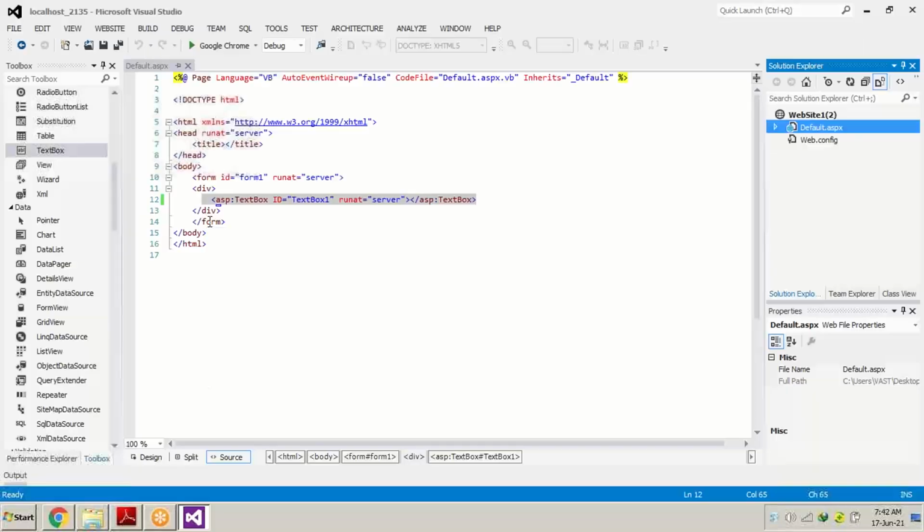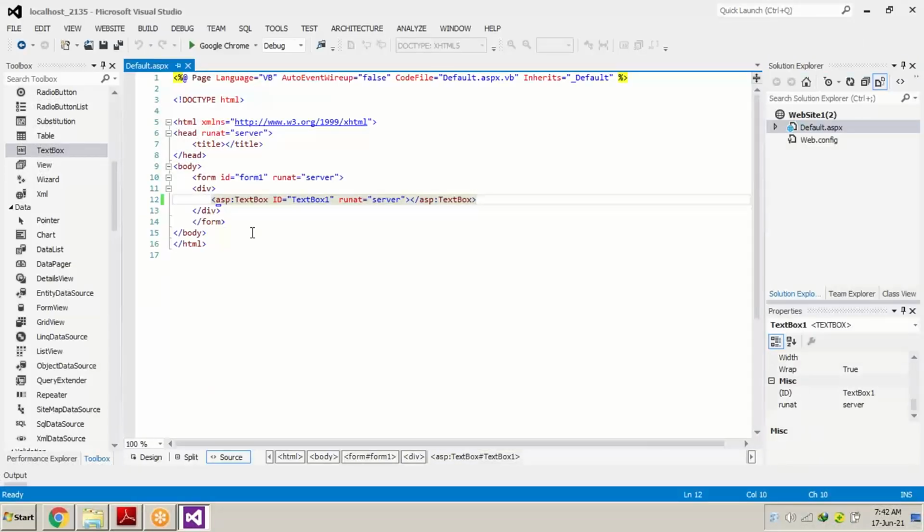You can see a small text box over here in the upper left corner, because we have just pulled the text box and put it over here. We have not set the position, we have not set the color, we have not set anything for this text box. We just pulled it from the toolbox and put it on our page. That's why it's looking very simple.